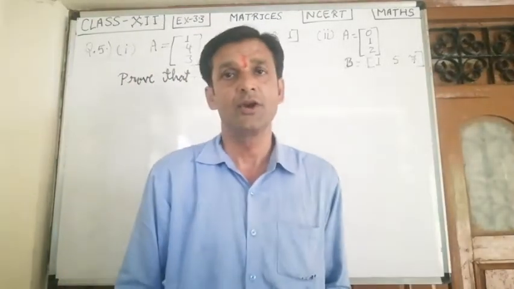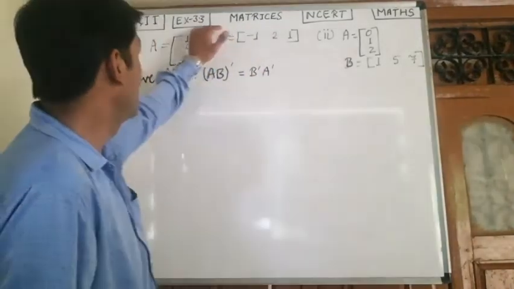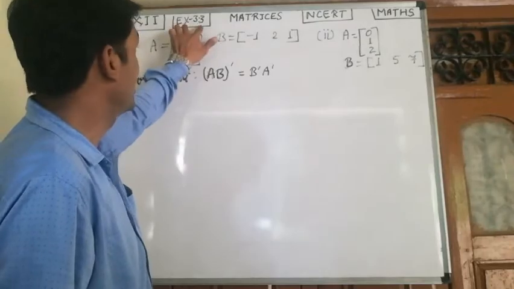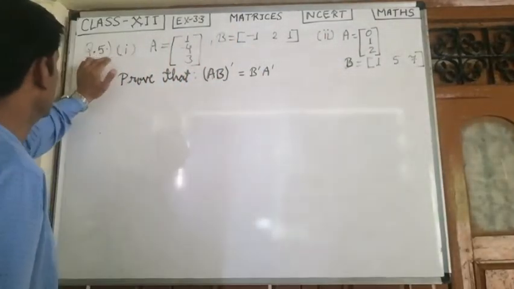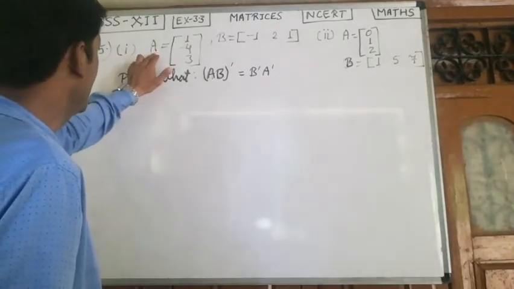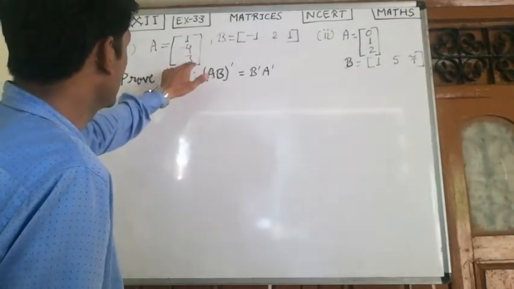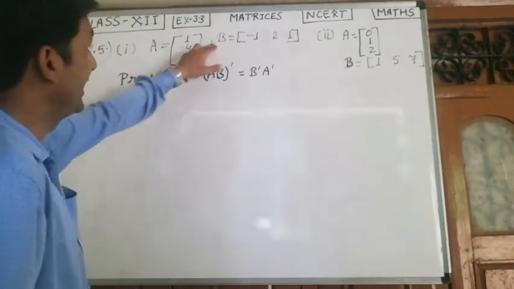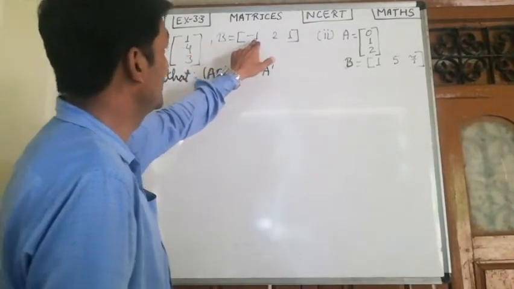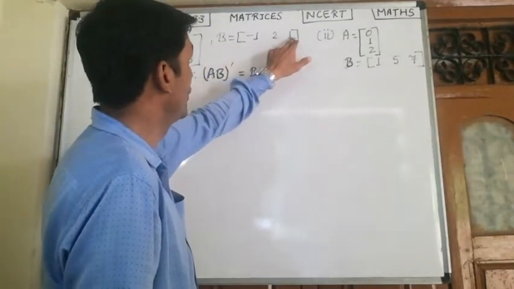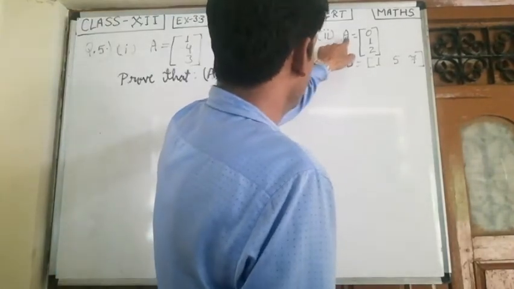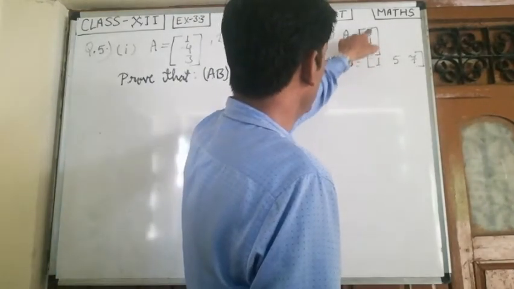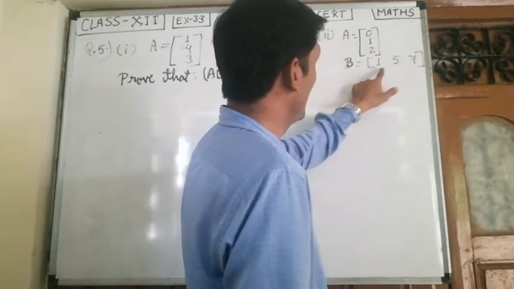Hello students, today we will discuss a matrices question related to exercise 3.3 of NCERT. The question is, if A is equal to the column matrix 1, minus 4, 3 and B is equal to the row matrix minus 1, 2, 1. Second question, A is equal to the column matrix 0, 1, 2 and B is equal to